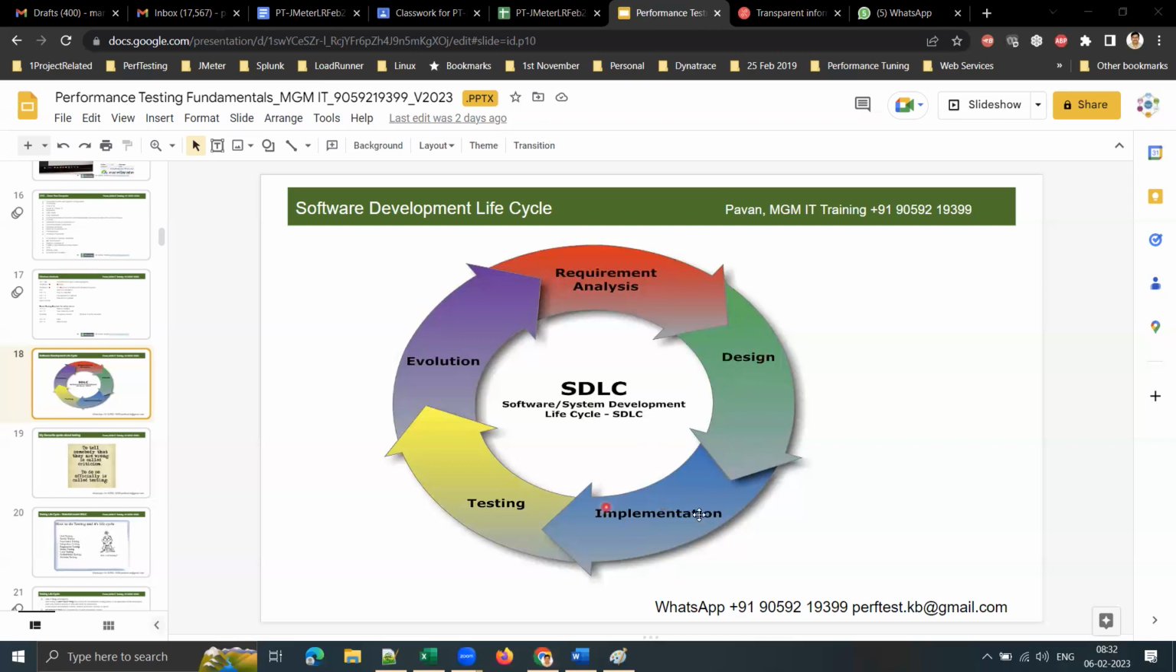Then developers will start writing code as per the design, right? The implementation phase means nothing but the coding phase. They will implement the design, or they will start developing the application in the implementation phase, right? Once the implementation is completed, testing used to be done. Please remember that this is a